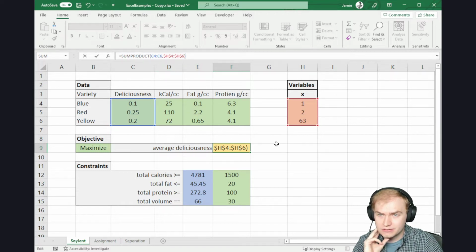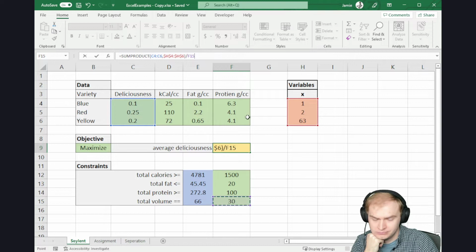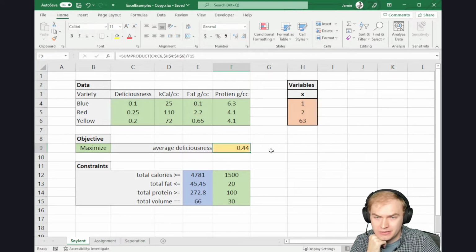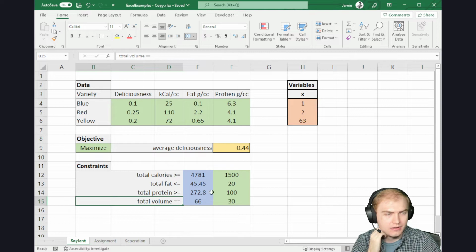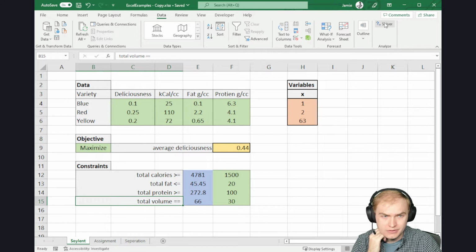So that is not the average. So we want to divide this by whatever our total volume should be to get the average deliciousness per cubic centimeter. Press enter, and now we have our objective function. And I've put in my constraints, I've gone ahead and put my inequality directions just so I have a reminder of how this is going to work. So the next thing I do is bring up the solver,